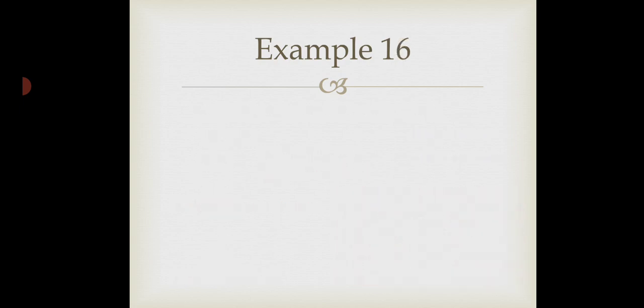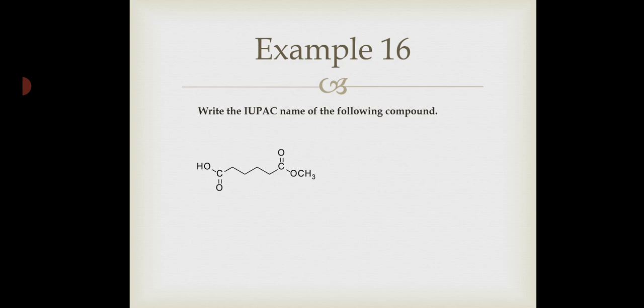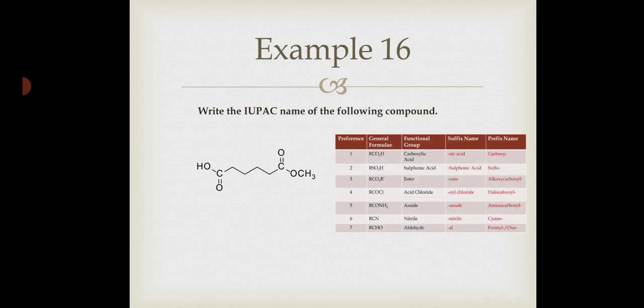Coming to example 16. Write the IUPAC name of the following compound. Now, an ester in the presence of a carboxylic acid is named differently. The priority table says that esters are a lower priority group than carboxylic acid, and so the ester name should come in the prefix. The numbering of the compound goes like this, and the name of the compound is